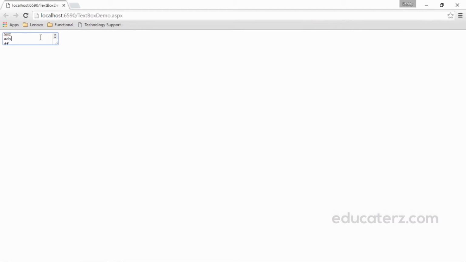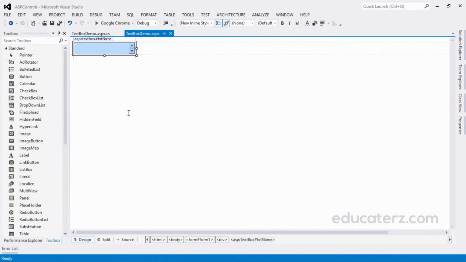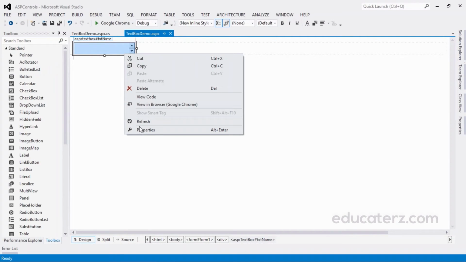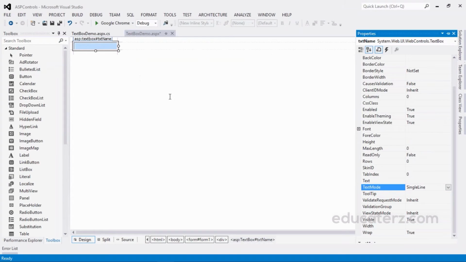If you have many lines, then you can scroll through them. We'll be using text mode property equal to multi-line whenever you are expecting some description from the end user. You want to type more data, then we'll go with text mode property equal to multi-line. Let me change it to single line again.